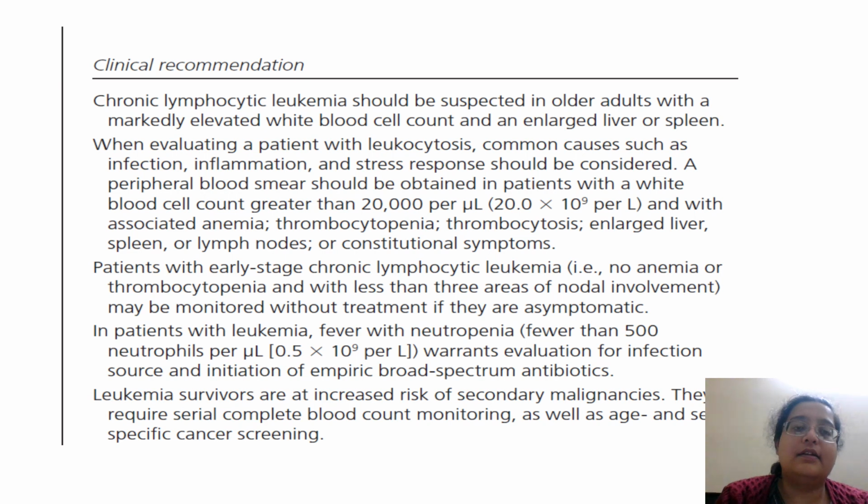So let's start with CLL and the clinical recommendation there, where they say that a CLL should be suspected in an older adult and there should be marked elevation of WBC count with an enlarged liver or spleen, as they've said over here. However, I have had in my practical experience cases where there is some lymphocytosis or marked degree of lymphocytosis, but your TLC is normal and rest everything is normal and the patient is asymptomatic. On getting these cases worked up, the patient might just have come for fever, mild anemia, or something else, and it's a chance finding. Getting these patients worked up for CLL, they came out to be cases of CLL.